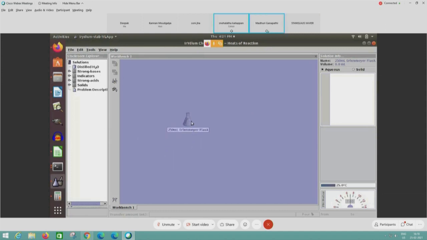In some cases, scale will not be given, and in some cases, scale will be given. That means where we don't require scale, we won't be able to use it. If it is not required for a particular experiment, it won't be enabled. So probably for this experiment, they thought it is not to be enabled, so it is not enabled.